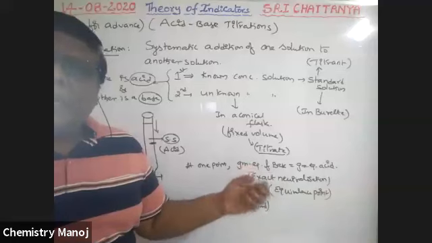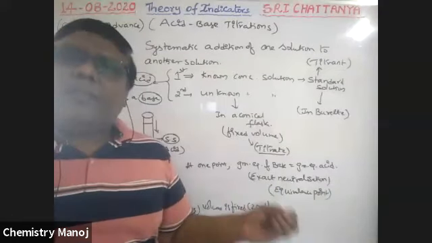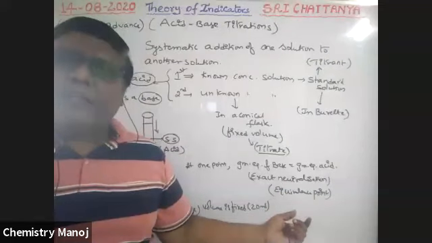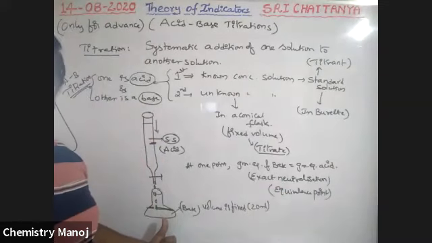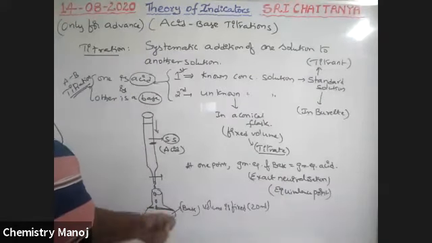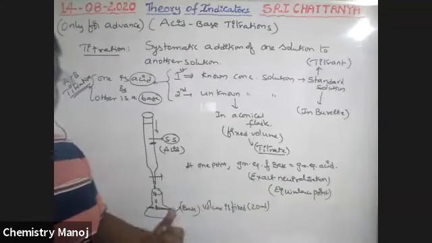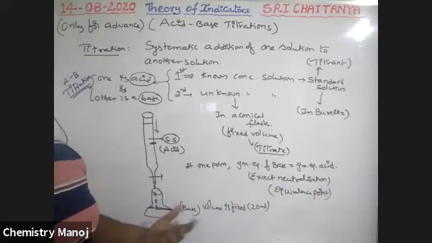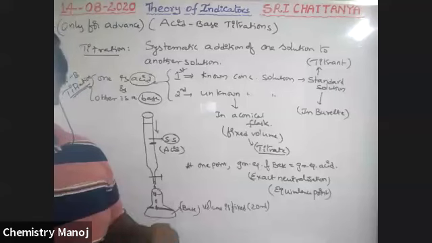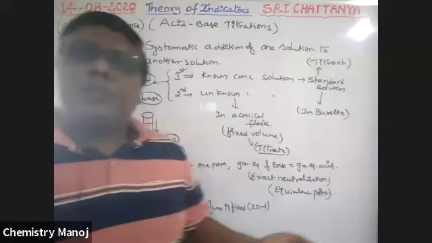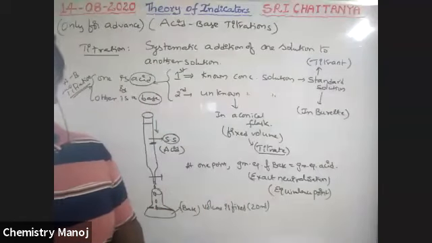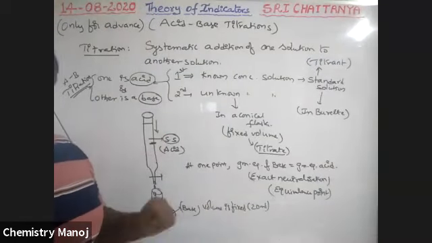So by using our observed facts, like the color change, we should identify this equivalence point. But the acid seems to be water, and this base is also like water. Both acid and base combination gives a salt, and that salt solution also looks like water. That means there is no color change anywhere, so it is not possible to identify this equivalence point just by taking acid with base.